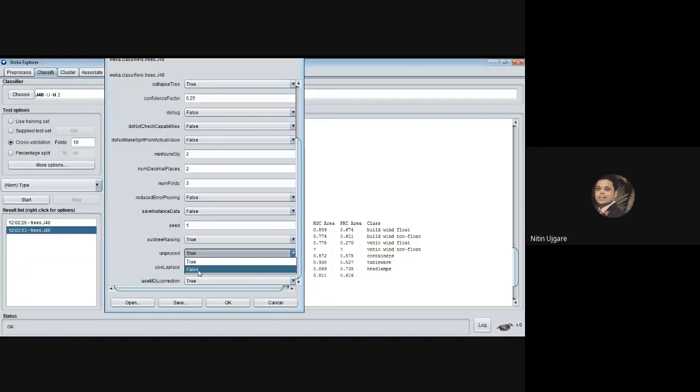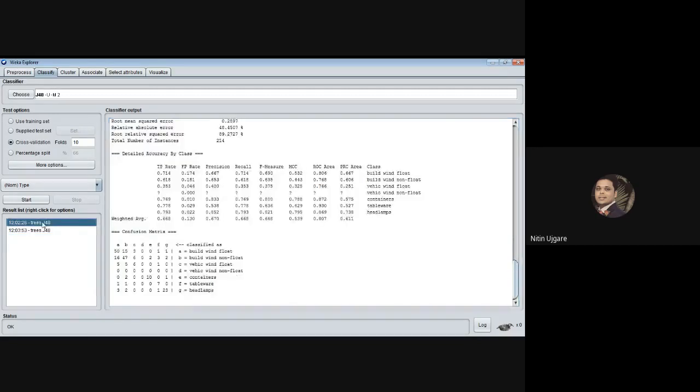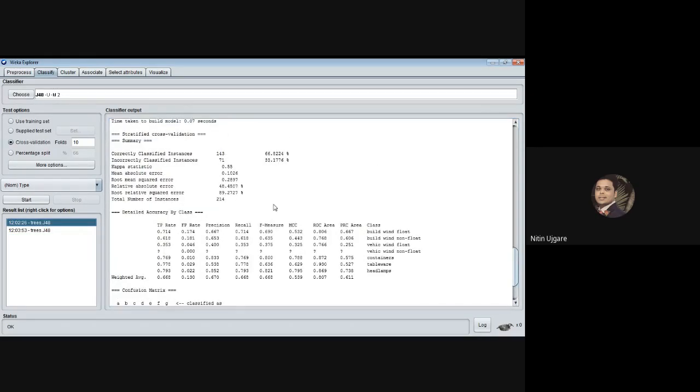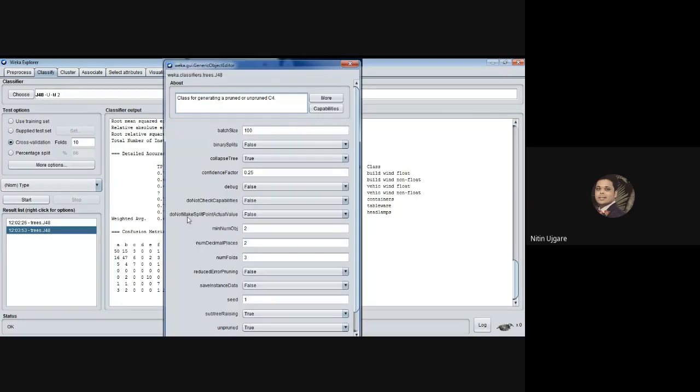earlier it was false and then we made it true, and then we saw the improvement in the accuracy of the classifier for the unpruned tree. So for the unpruned tree, accuracy is 67%, and for the pruned tree the accuracy is 66.82%. Okay, then we'll go ahead and make one more change,